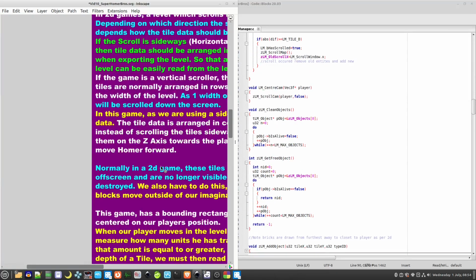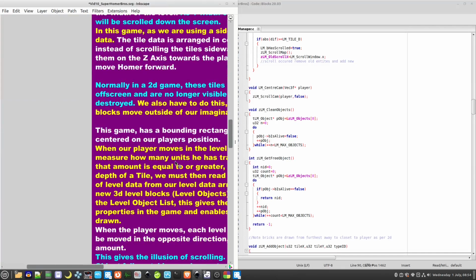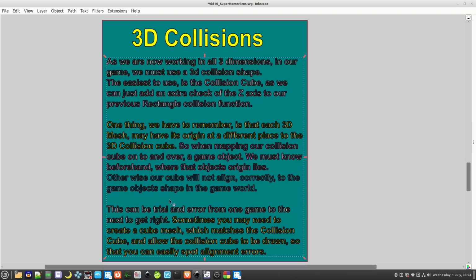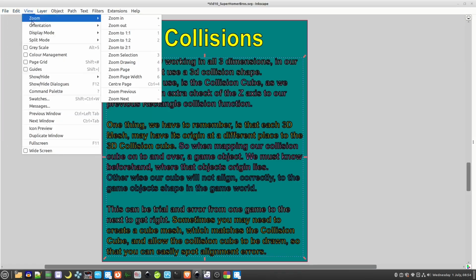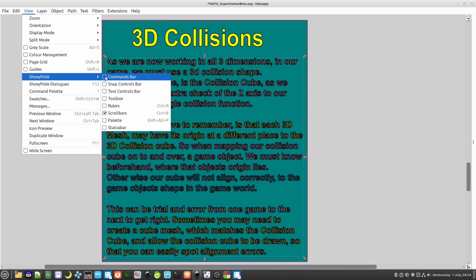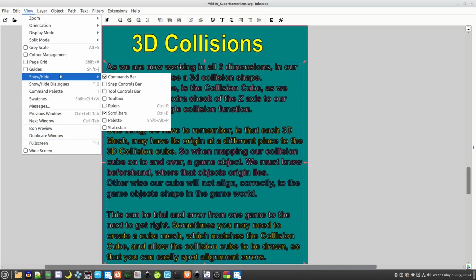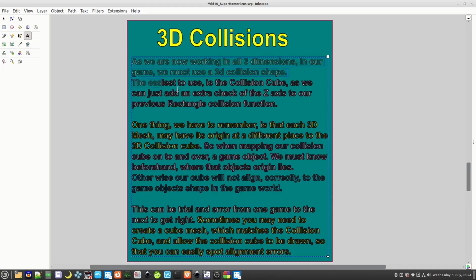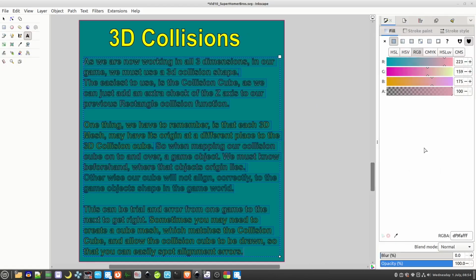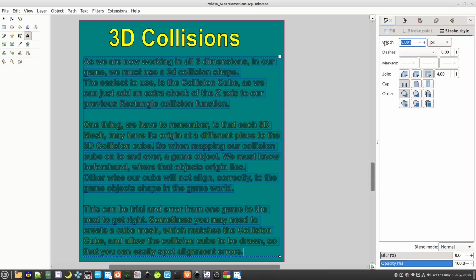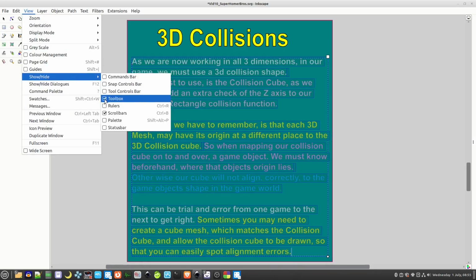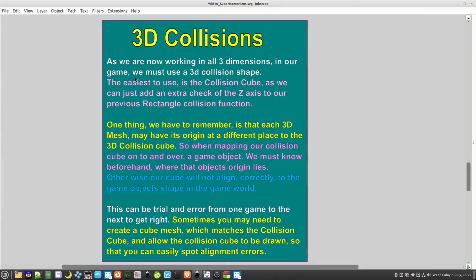So let's see what we need to talk about now. Platformer collisions. I'll jump past all of this now. Let's fix that a moment. No, not that one. There we go. So as we are now working in 3 dimensions in our game,